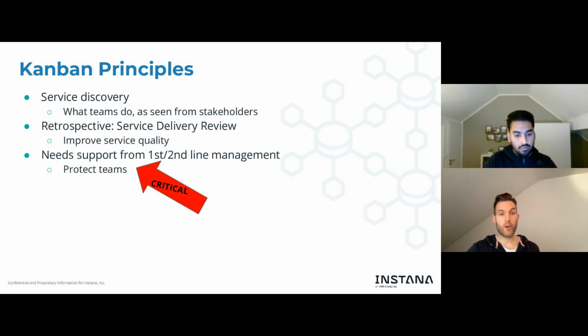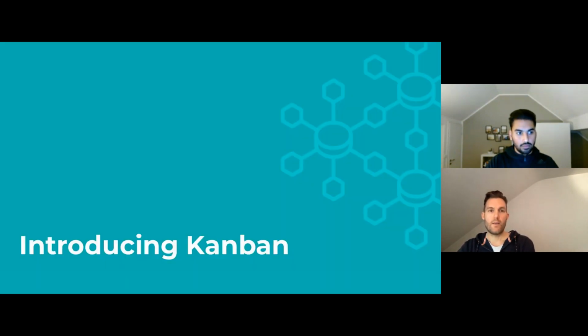For example, put on a WIP limit, which says, we are a team of 4 engineers, so let's not have more than 3 bugs in progress at any given time, which means all the rest of the feature requests and bugs will not be worked on right now. So you need management to protect the team when it conducts such experiments. This is a very critical thing. And with this basic foundation of Kanban, I hand it back to Daljit to talk about how we did it at Instana.